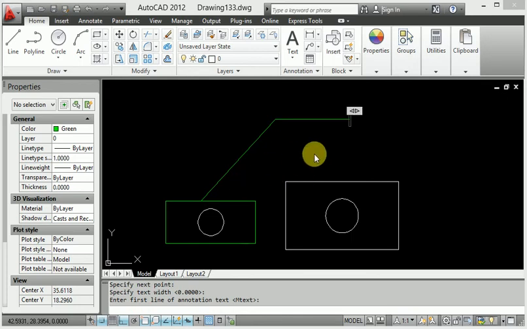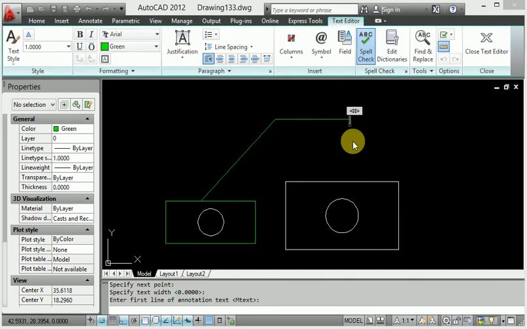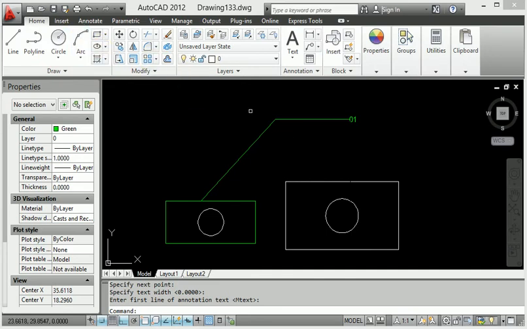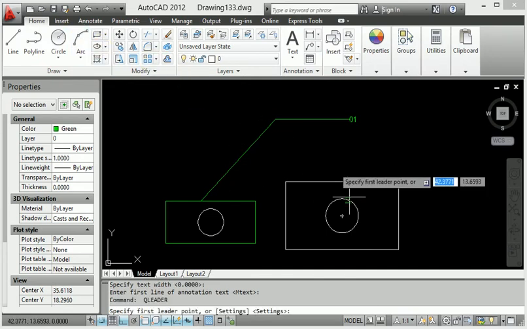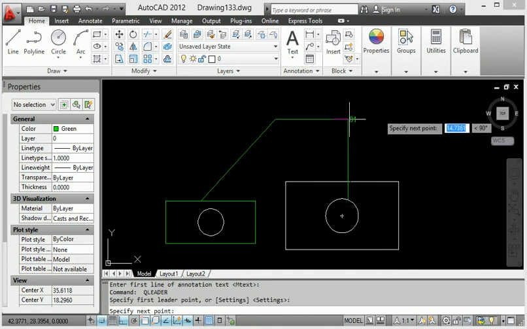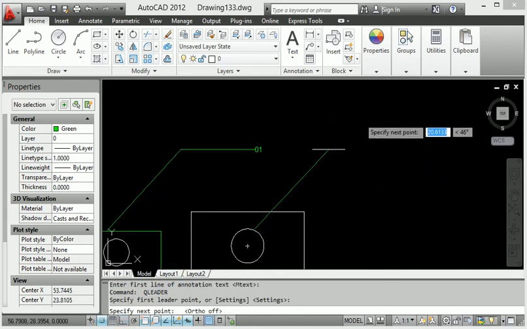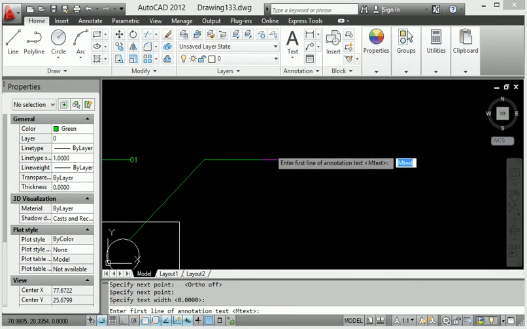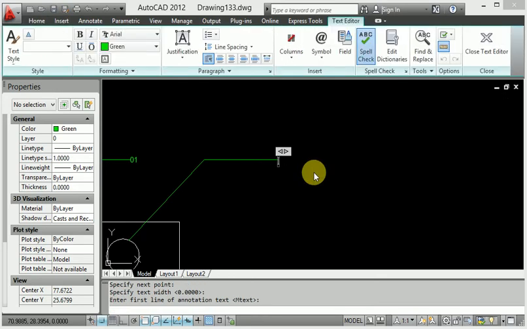If I write anything, like the number of ballooning, when you give number 01, it is the leader line presentation. And also again I will provide this dimension, also a leader line. So again I will provide 02.